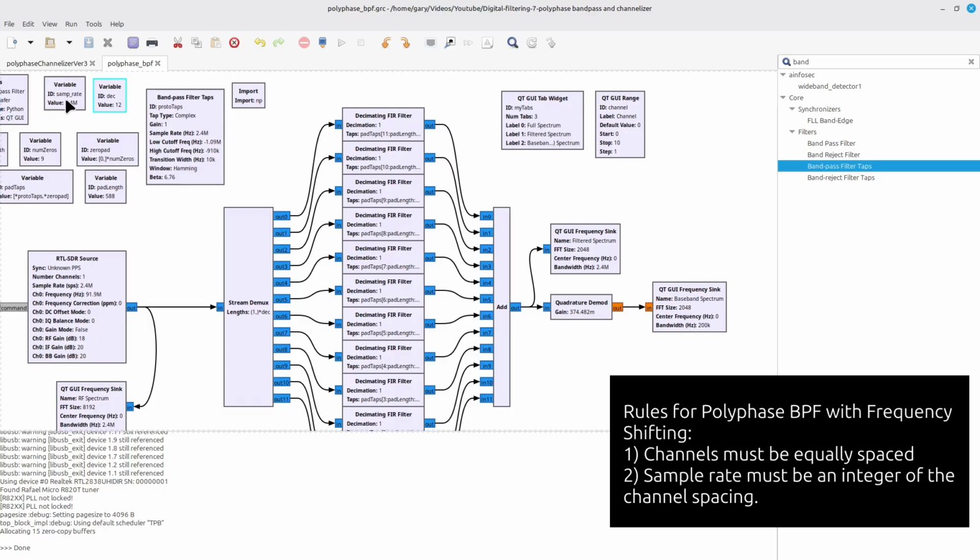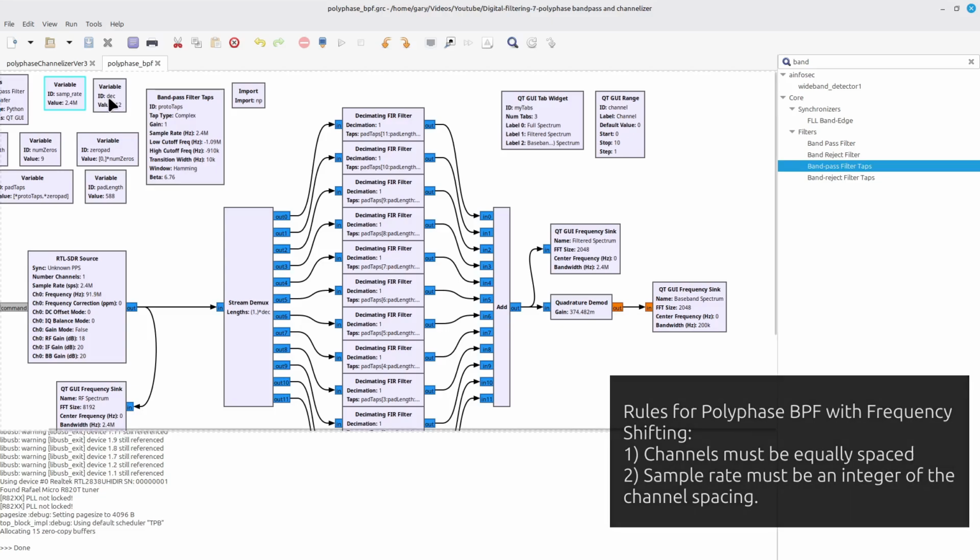I can't go to 2.6 megs because that's when you start getting dropped samples with the RTL-SDR. 2.4 megs is really the only value that makes sense for this particular case. Therefore, again, the channels have to be equally spaced apart, and the sample rate has to be an integer multiple of the number of channels that you're going to collect.